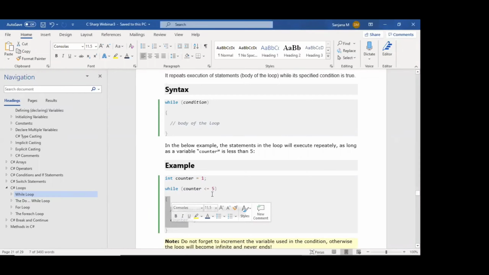Once the counter becomes greater than 5, it stops executing the statements of the body. So this is about the while loop. We will go into even more detail with examples. We have various loops: while loop, do while loop, and foreach loop, and we will go one by one. First we discussed the while loop.